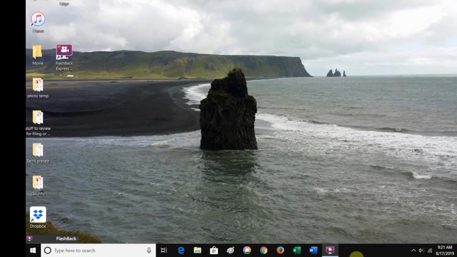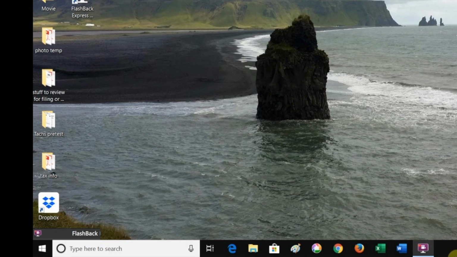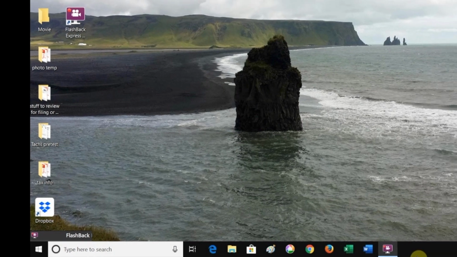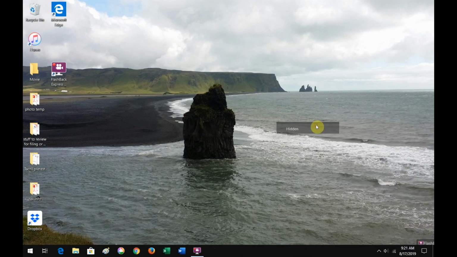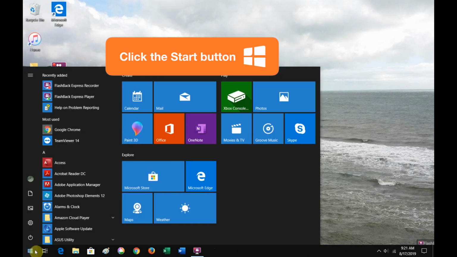Starting at the desktop, we need to find the Windows update process. If you see a box like this at the bottom of your screen, you can type in there to search for the Windows update process. You may or may not have that, but everyone will have the Windows Start button right here in the corner. So for consistency, I'm going to turn off the search box and just use the Windows Start button because everyone will have that available. Okay, to find the Windows Update process, click the Start button in the lower left-hand corner,